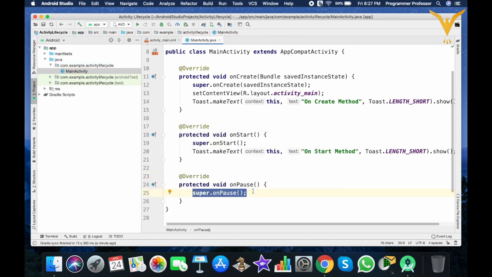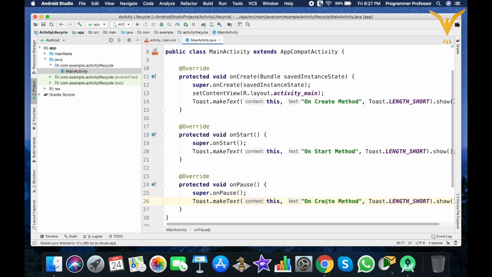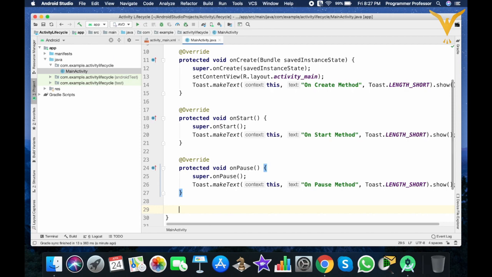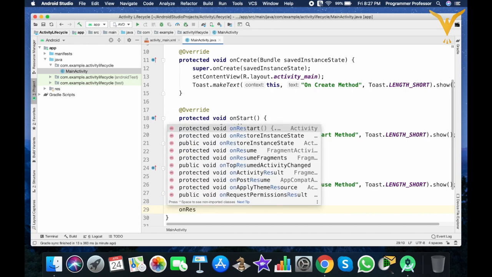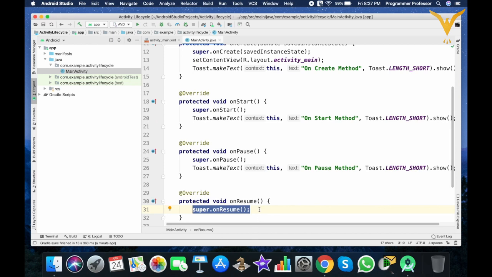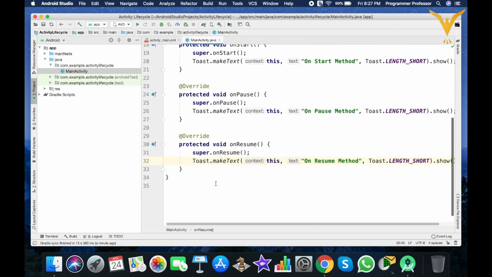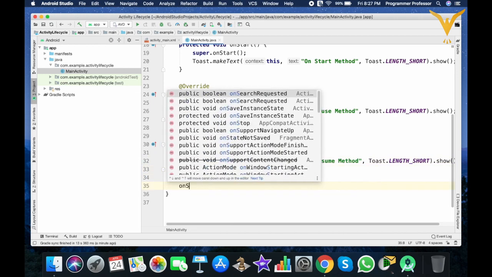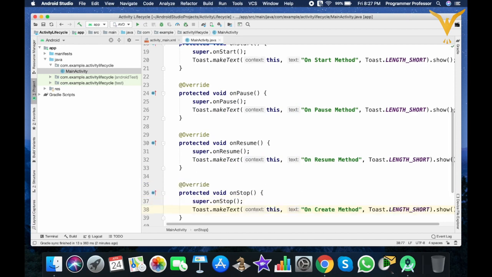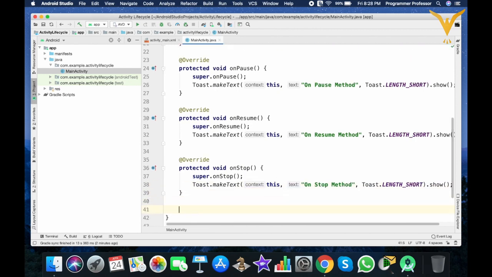Then we have onPause method. OnPause method. OnResume method. OnStop method. OnRestart method.